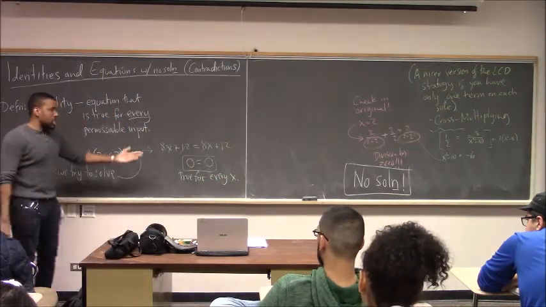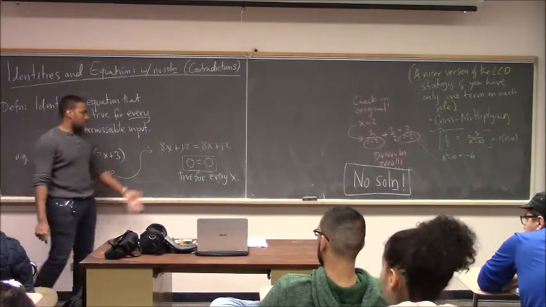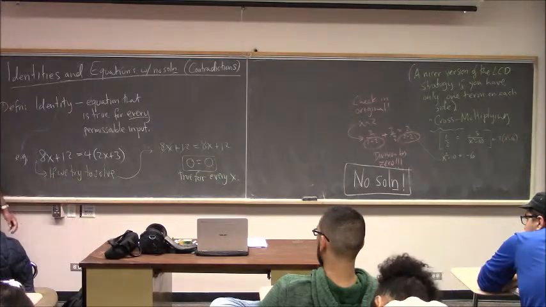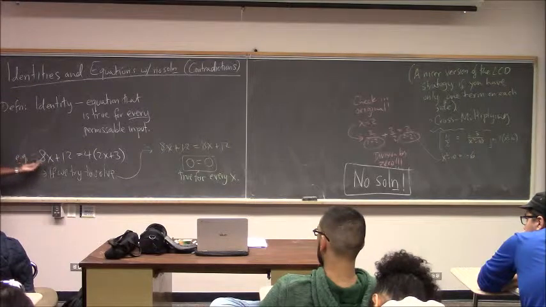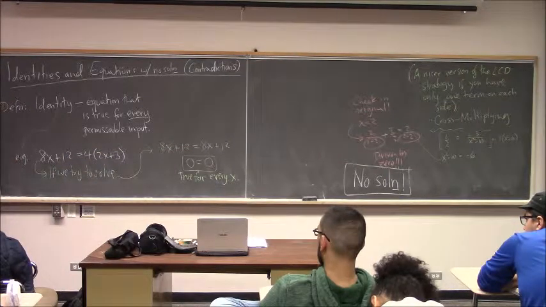Right? So there is no statement in the end that says your x has to be this. No, your x could be anything. And that ends up being an equation where no matter what you plug in for x, it is going to be true. This is a very super obvious case. The two sides can look very different, but ultimately they simplify to the same thing, and such equations are called